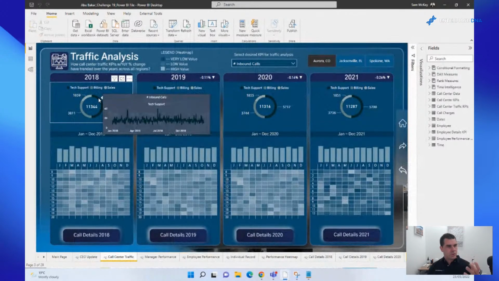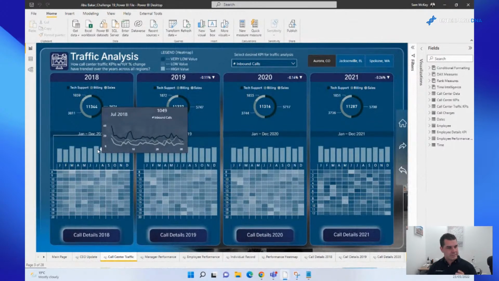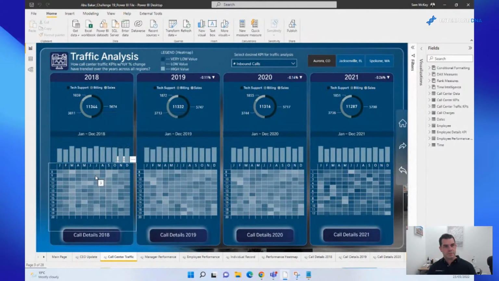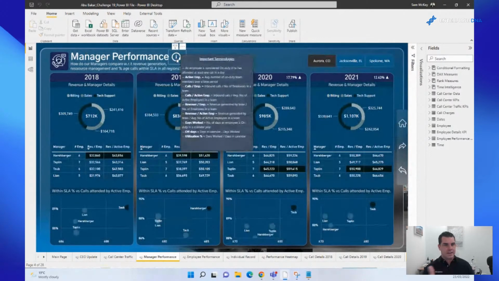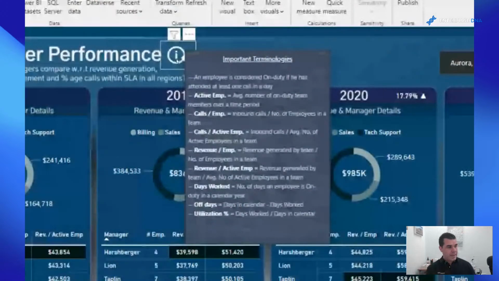So you see here that there's a lot of additional info built into this report just by hovering over it. There are these little tooltips that have been embedded into it, right? There's also a really good one. Let me click through here. Up here, you see, think about all of this information. This information could be written on your page, right?